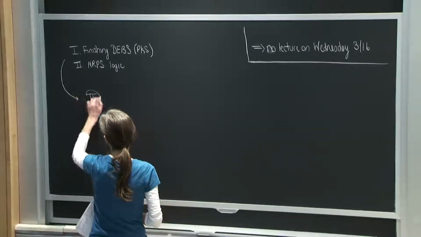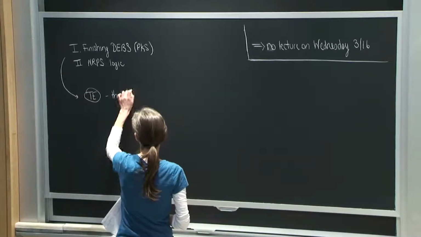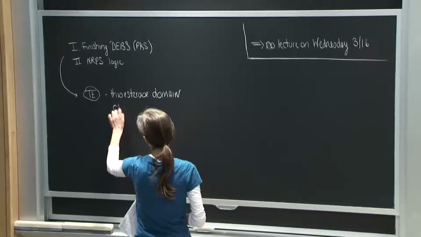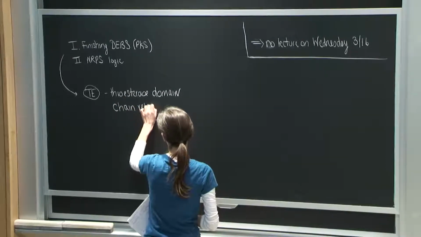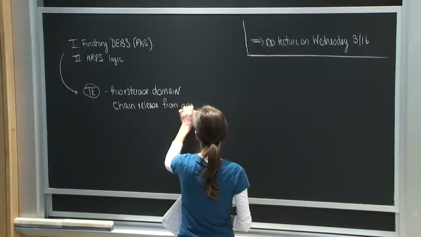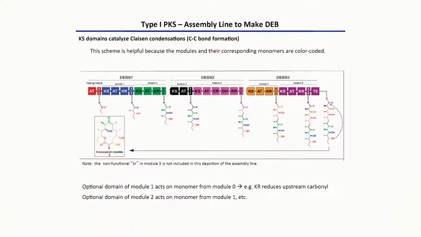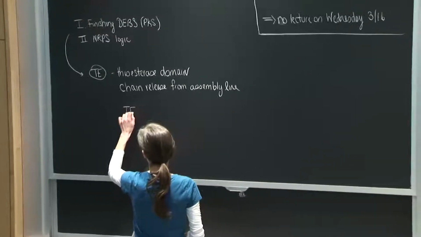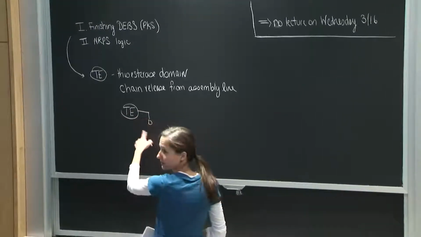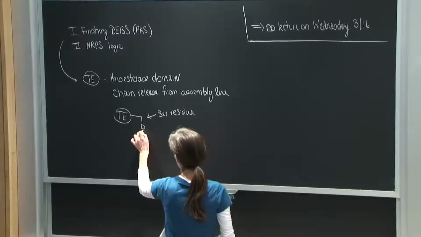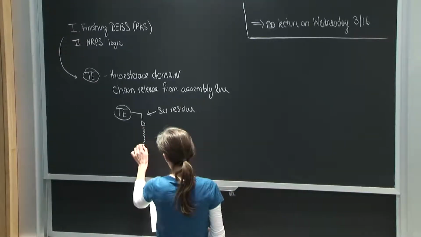there are thioesterase domains. And these domains are involved in chain release from the assembly line. So if you take a look in the final module here, what we see at the end is a TE for the thioesterase. Okay, and so what happens in the case of DEBS is ultimately the chain gets transferred to a serine residue on the TE domain. Okay, and I'm just going to draw the polyketide like that. And then in this case here,